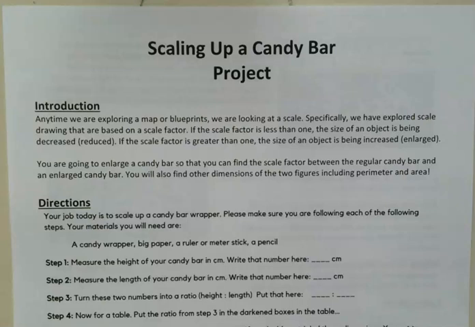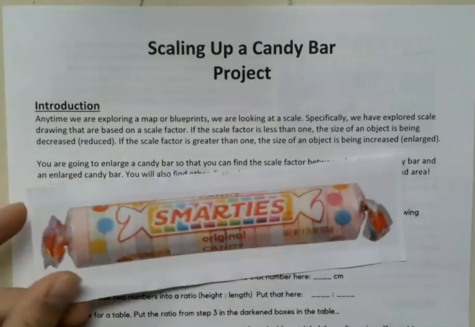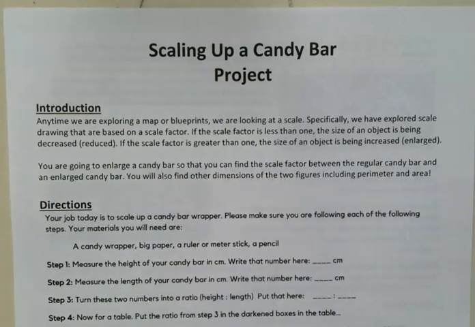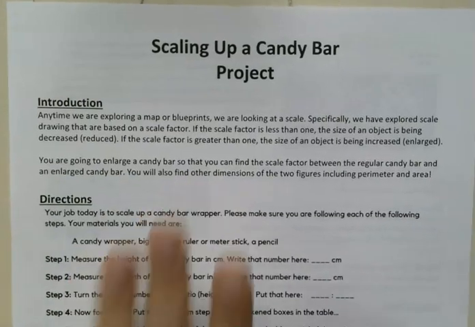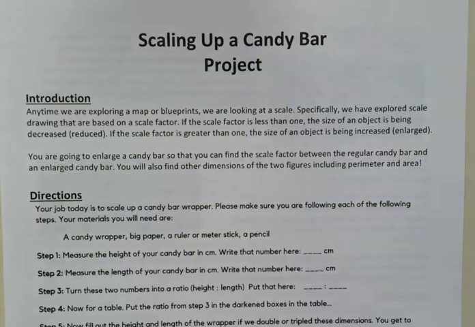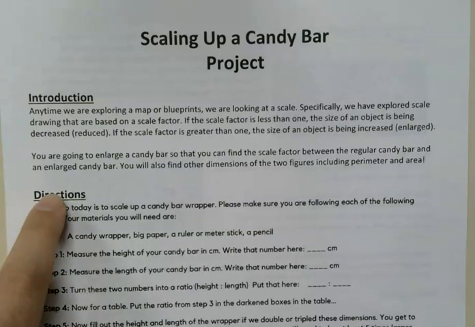Good morning, everyone. Today we're going to be starting our end of unit project. We're going to be scaling up a candy bar wrapper. So for my example, I'm going to be using my Smarties. Each of you will have a different picture. Okay. Here are our instructions. You'll find that in our folders up in the front of the room. What you're going to do first is